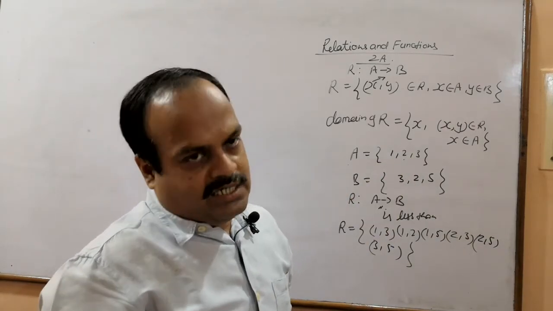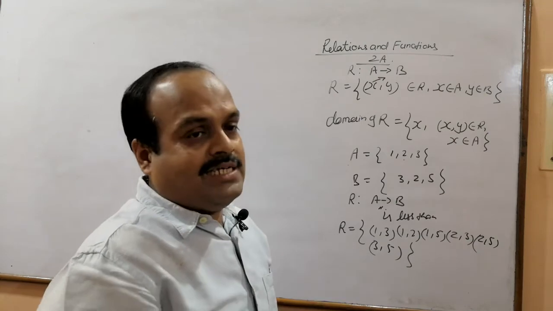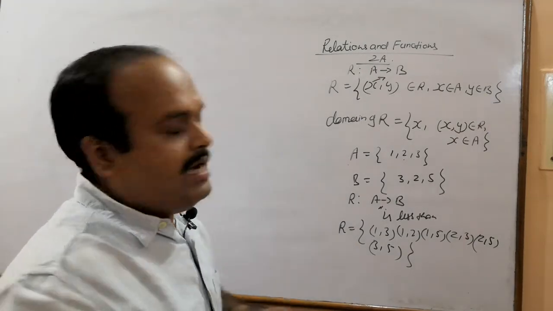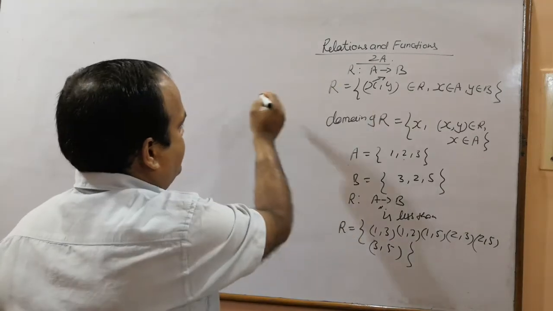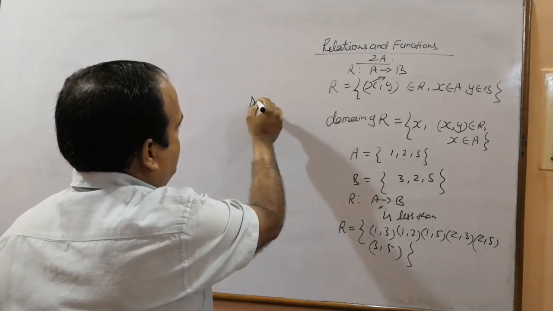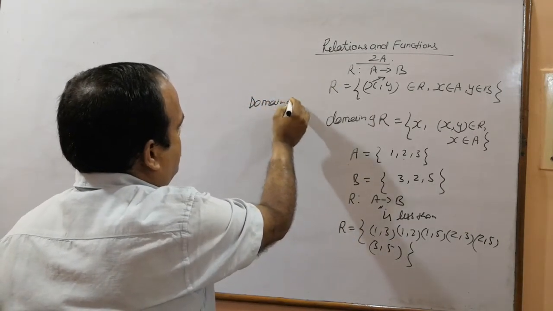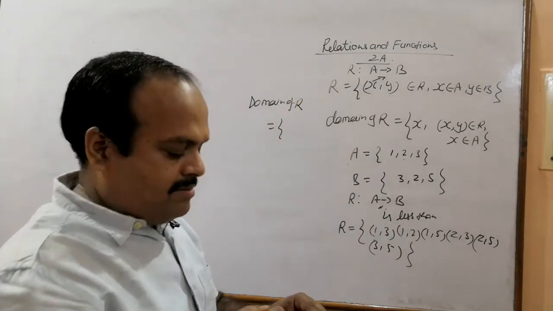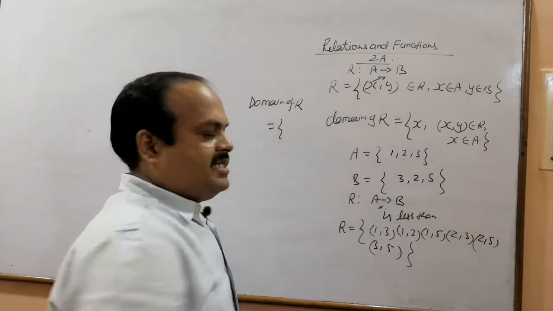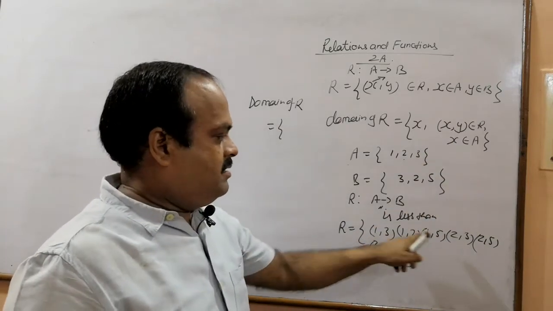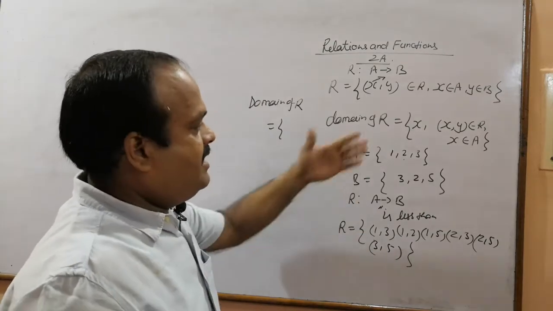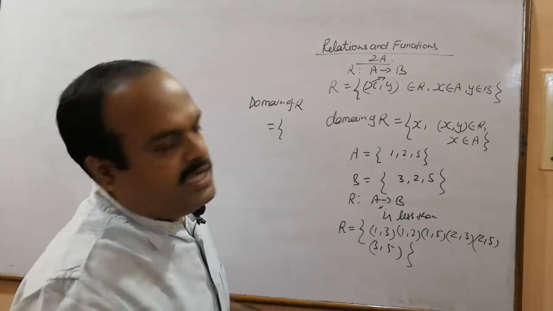So, this relation R has these many elements, 1, 2, 3, 4, 5, 6, while A cross B will have 9 elements in it. So, if you want to write the domain of this relation R from A to B, you will write the set of collection of first entries 1, 2 and 3. By the way, it is set A.